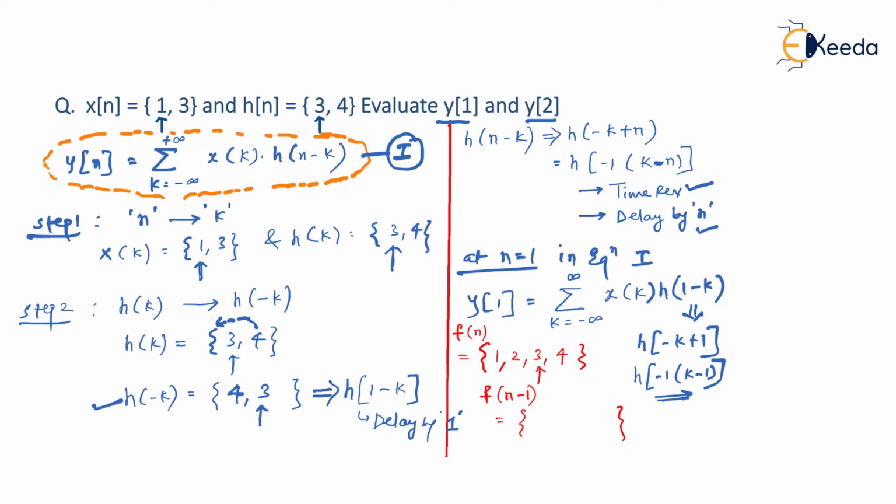Whenever we delay, the signal gets shifted to the left, and whenever we advance, the signal gets shifted to the right on the time scale. Similar things are going to happen here. Imagine 1 2 3 4 as a sequence. This 1 2 3 4 gets shifted to the right when you delay, and of course this 1 2 3 4 on the time scale will get shifted to the left when it gets advanced.